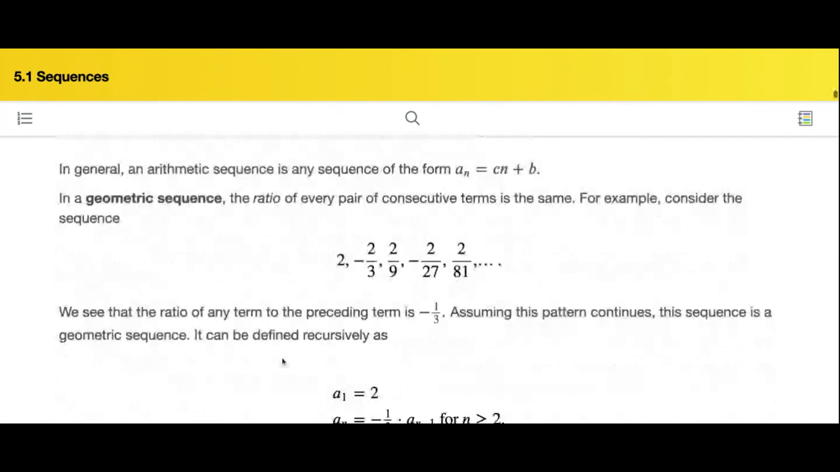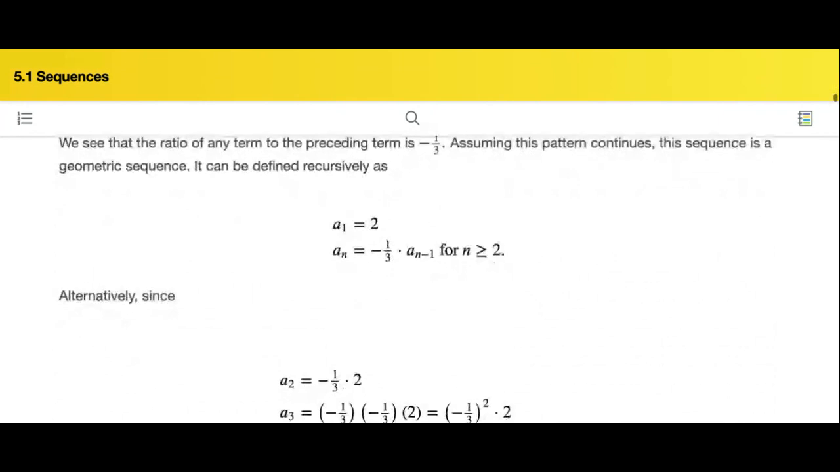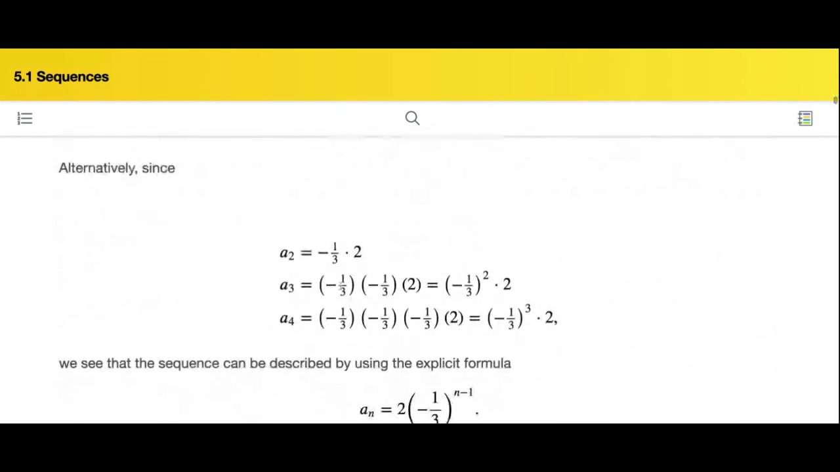Now the geometric sequence: the ratio between two pairs next to each other is the same. In this case, it's negative 1/3. So the first term is 2. The second term is negative 1/3 multiplied by the previous one, starting from the second term. And we can keep writing that. A2 equals negative 1/3 multiplied by 2. A3 equals negative 1/3 multiplied by negative 1/3 multiplied by 2,